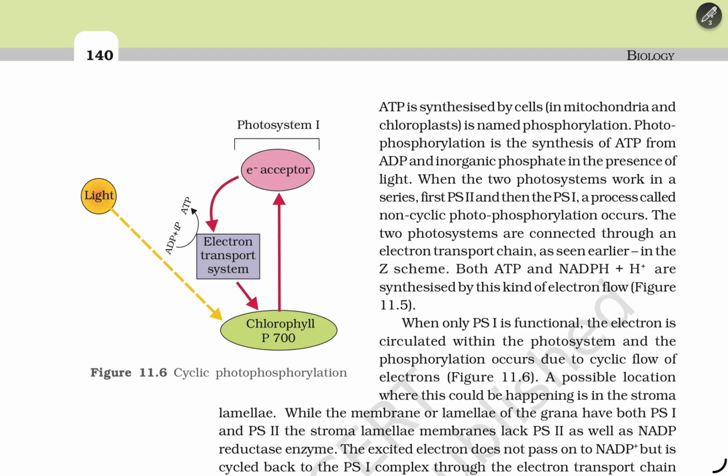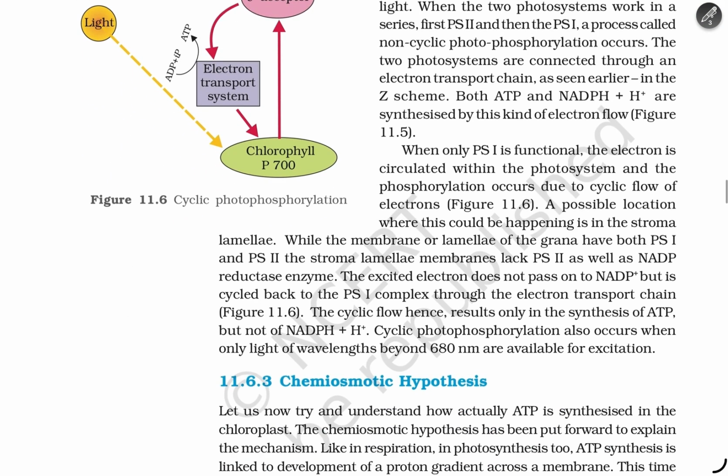When only PS1 is functional, the electron is circulated within the photosystem and phosphorylation occurs due to the cyclic flow of electrons. A possible location where this could happen is the stroma lamellae. While the membrane of the lamellae of the grana has both PS1 and PS2, the stroma lamellae membrane lacks PS2